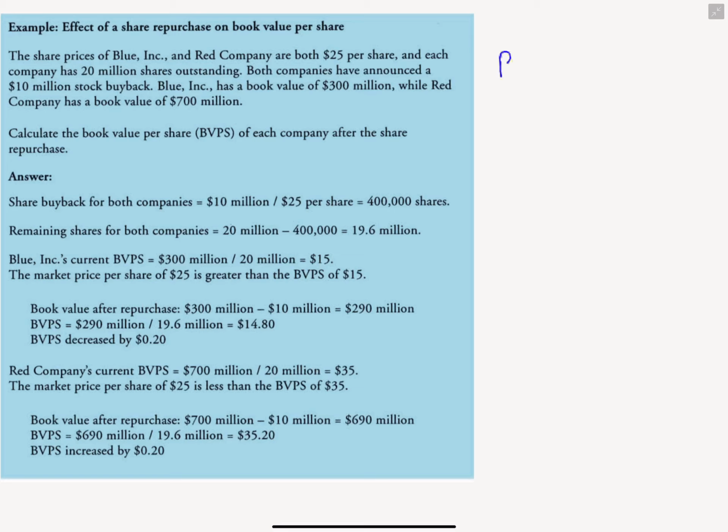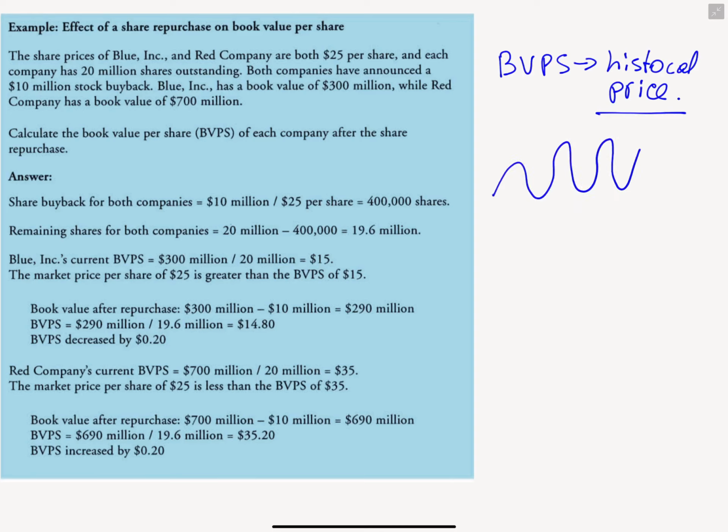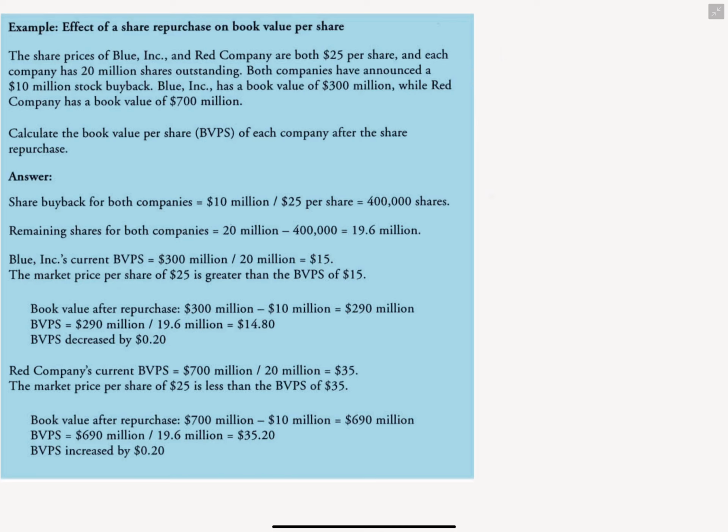Book value per share is the historical price of the share, because the price may go up and down, but the book value per share is the historical price that it was sold for. Okay. The two companies, Blue and Red, both have a price of $25 per share of their stock,